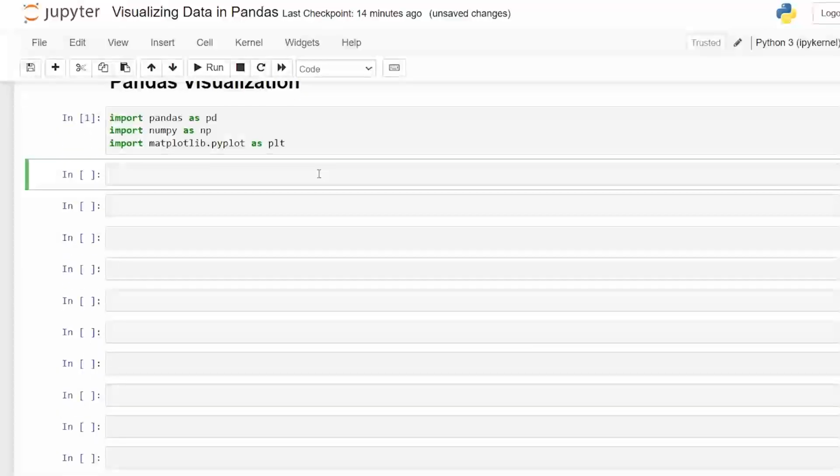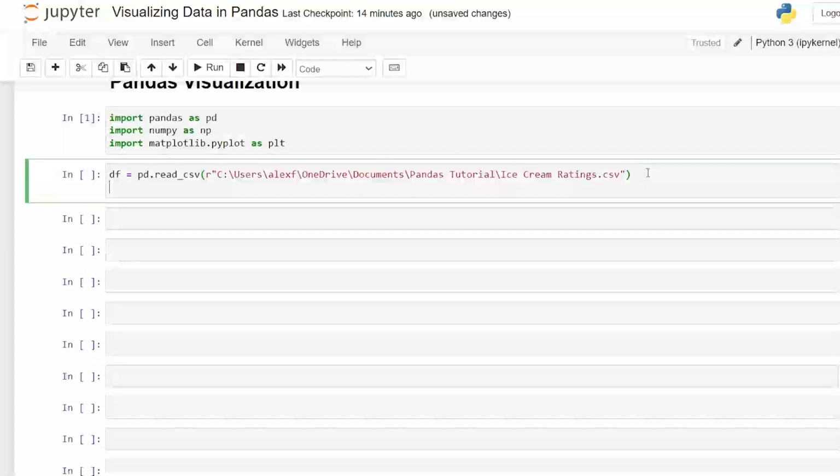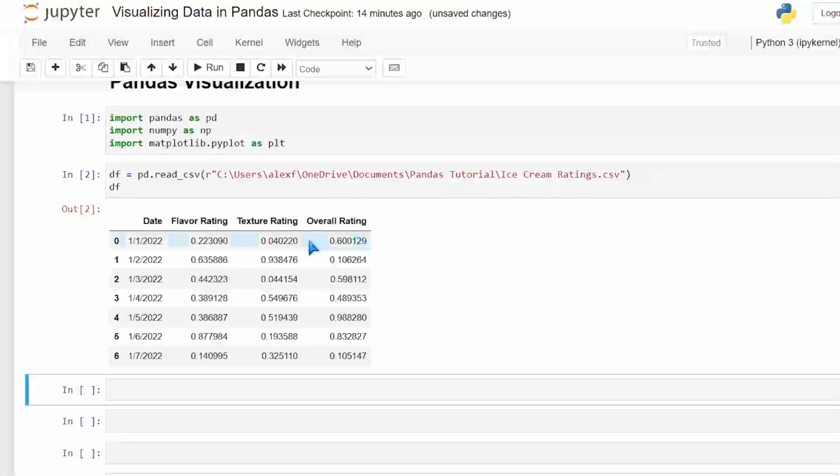So now let's get our data set that we're going to be using. So let's say df is equal to pd.read_csv. And let's get this in right here. Now we're going to be doing these ice cream ratings. Let's take a look at this really quickly. Now these values are completely randomly generated. They are not real in any way. But that's what we're going to be using because I just wanted something kind of generic, something that wouldn't be too crazy confusing,